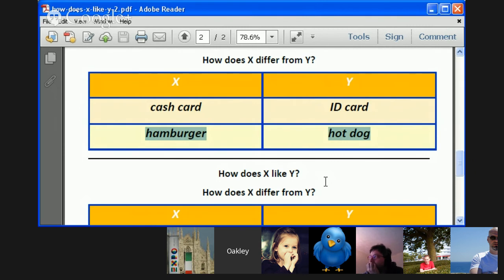Okay. That was interesting. Oh boy. Okay. Don't forget your articles. All right. You're giving examples. Now these things are countable. Hamburgers, 3 hamburgers, 16 hot dogs. There's 2 ways you can handle this. If you're talking about them in general, which you pretty much are when you're doing comparison and contrast, you could say hot dogs, plural, are made of sausage.